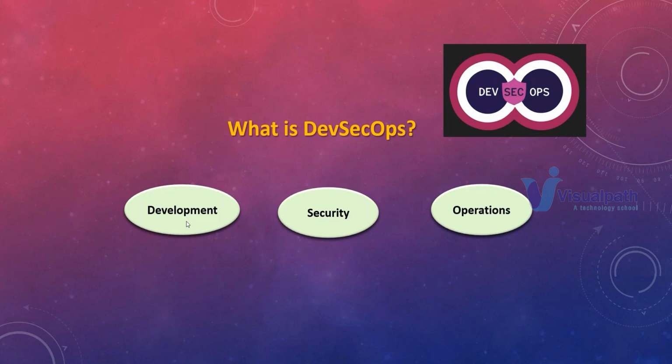So development is one phase where we write the code, build the code, and test the code. After that, security. So what is meant by security? Finding out the misconfigurations or vulnerabilities, as we call them, and security best practices. I'll tell you about all these terminologies. Have you ever heard about vulnerabilities? Security vulnerabilities.